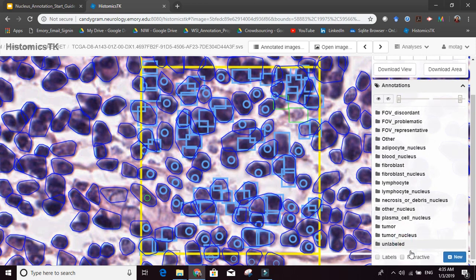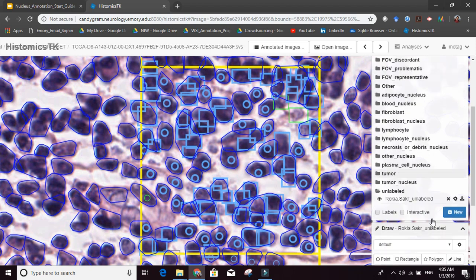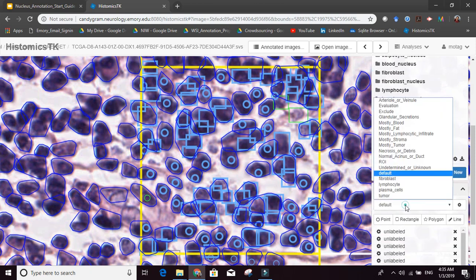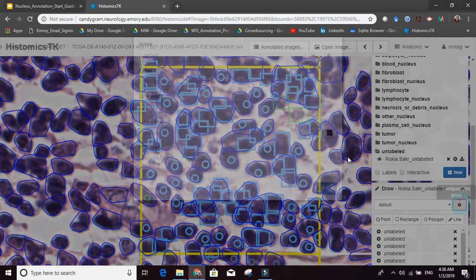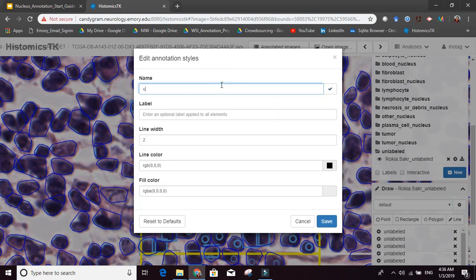So again, unlabeled. Let's go to Rukaya Soccer unlabeled, and let's pick. Oh yeah, let's define unlabeled. So again, let's go to unlabeled. There we go.